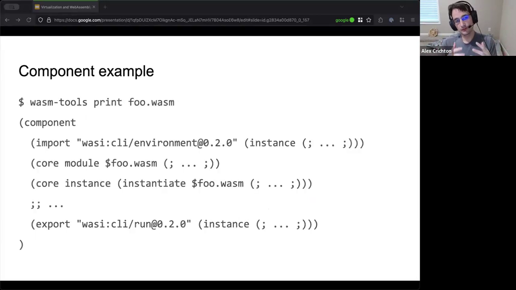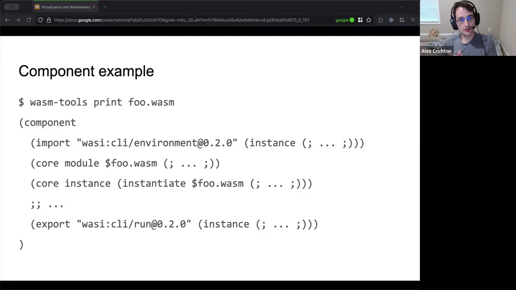And that wrapper stuff looks a little bit like this, where the idea is instead of a module top layer, it's a component top layer. And then we have these WASI things, which look like WASI-P2. So we're importing an instance of the environment CLI interface. We're exporting the run interface, kind of. This is all intended to be similar-ish in functionality to WASI-P1, but it's much higher level, much easier for hosts and embedders to interact with, and all that fun stuff.